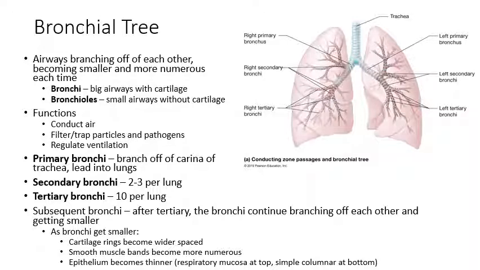You can basically divide the airways in the lungs into bronchi and bronchioles. Then you have some subtypes of those. The bronchi are the big airways. They have cartilage. The bronchioles are the small airways, and they do not have cartilage. The cartilage would be, of course, to keep them open. The functions of the bronchi and the bronchioles are to conduct air,